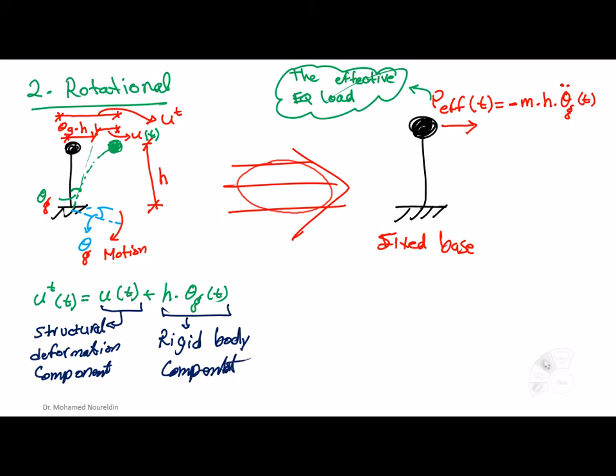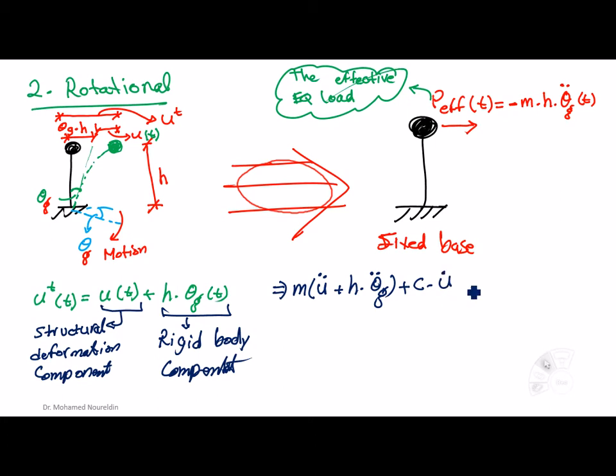Okay, so we have two components here. Based on this, we can put our equation of motion. We can say that it is M times U double dot plus H times theta double dot G of the ground. This is U total, right? M times this acceleration term gives us the inertia force, plus C times U dot